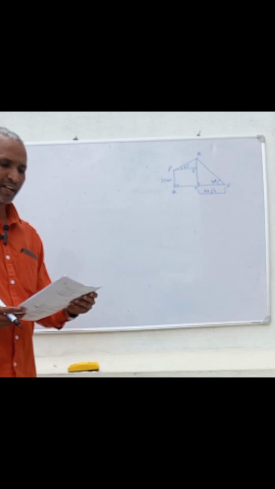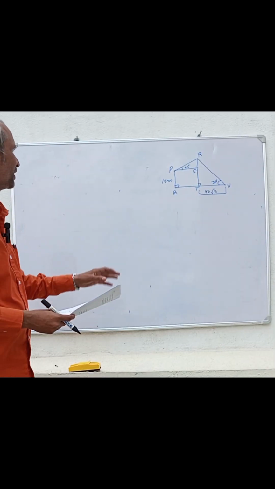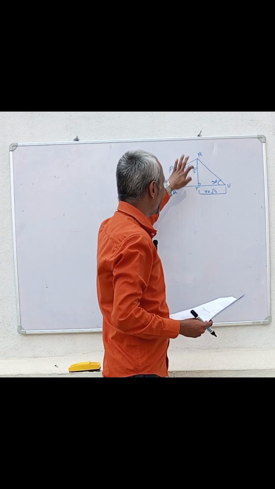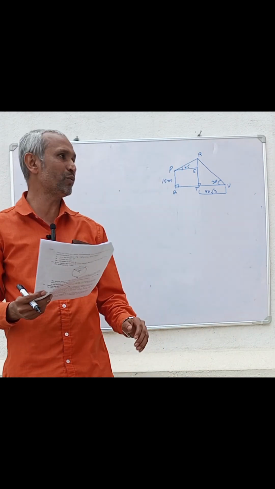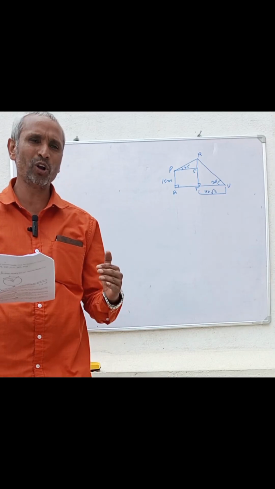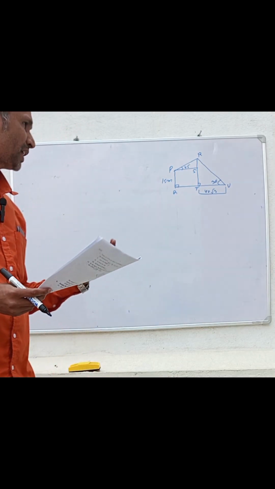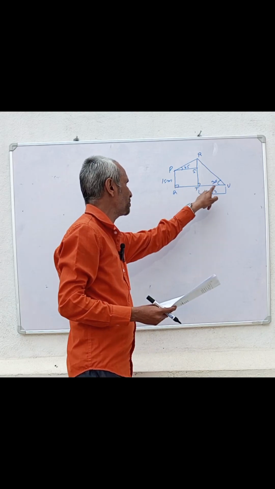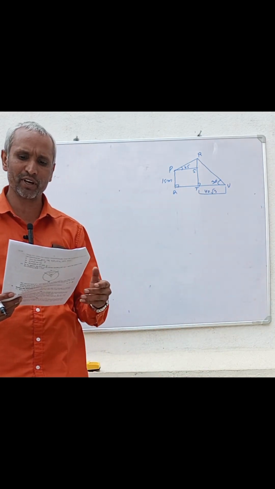A tower and a building are standing vertically on a level ground. This is a building, PQ is a building, R and T is the tower. Standing vertically on means the pole, tree, building, tower, always we are taking is the right angle. So here is right angle, here is the right angle. Because of this is Q and U is the ground, level ground.